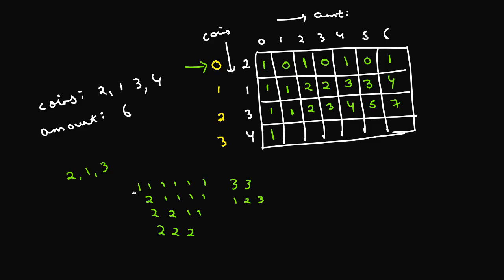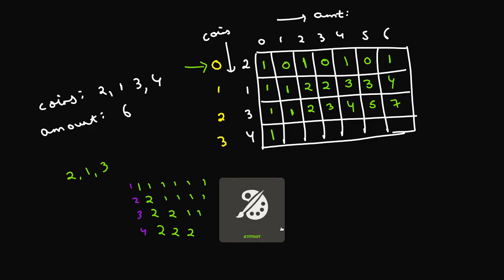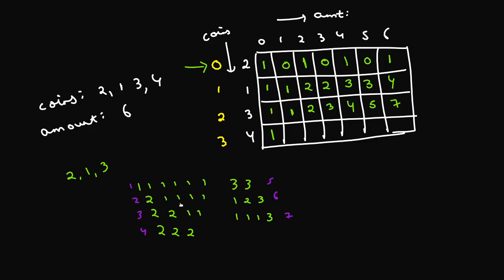And so how many ways we have till now? This is first way, second way, third way, fourth way, fifth way, sixth way, and one last can be 1, 1, 1, 3. This is the seventh way of doing that. Okay. So these are all the possibilities in which you can create an amount of 6 using the coins of denomination 1, 2, and 3. And if you see, we have captured our answer in this particular block. Okay, so this is what we have done till now.